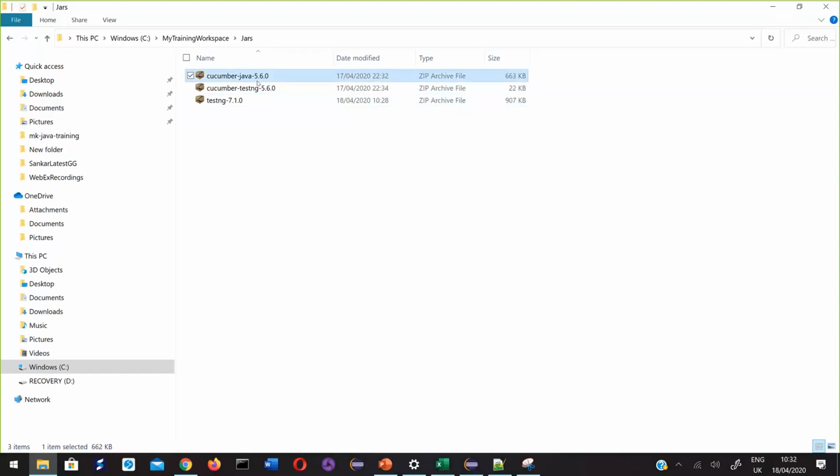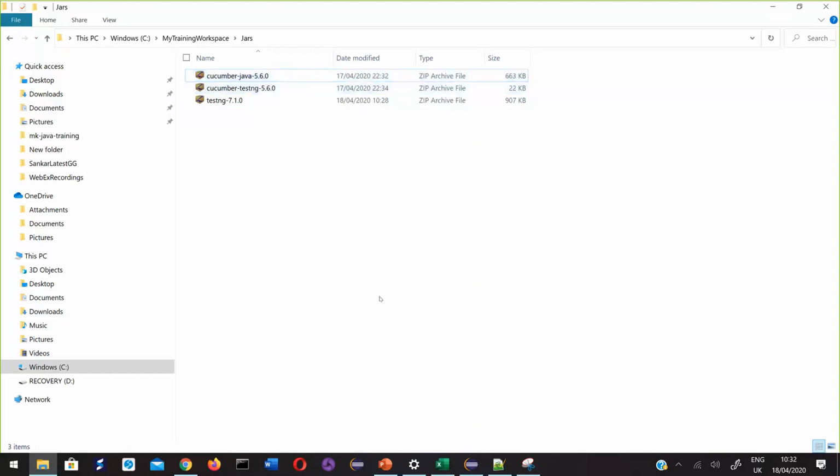If you want to make use of any classes in Cucumber Java, you first need to manually download that, then add that to your project in order to write Cucumber tests, or to make use of classes provided by Cucumber.